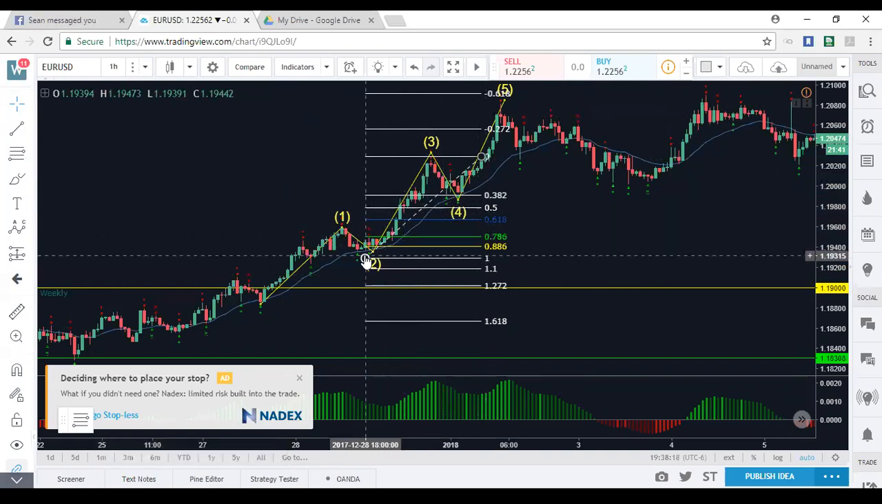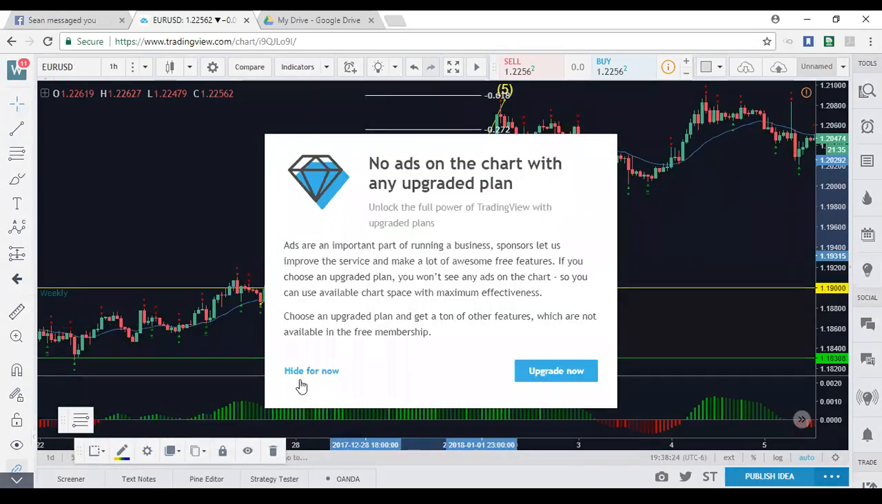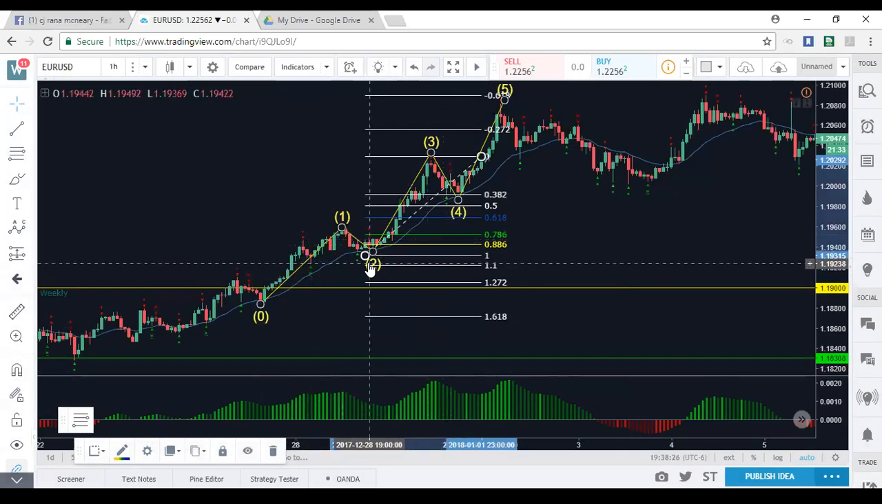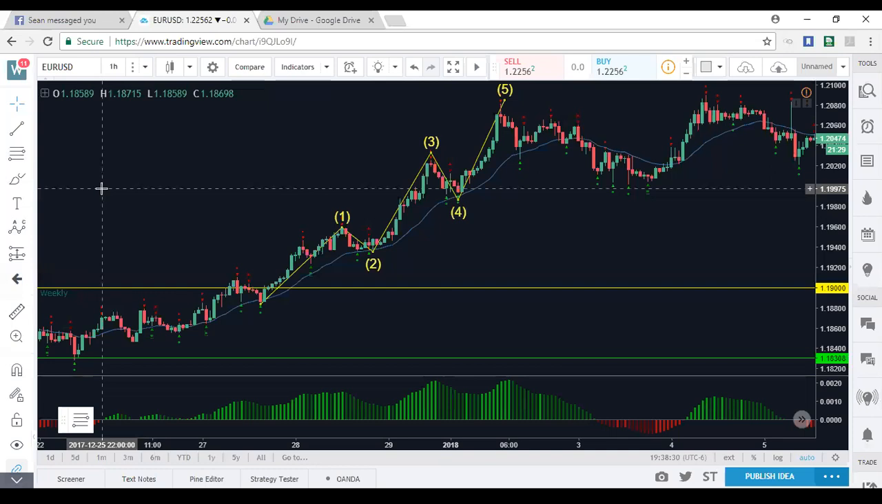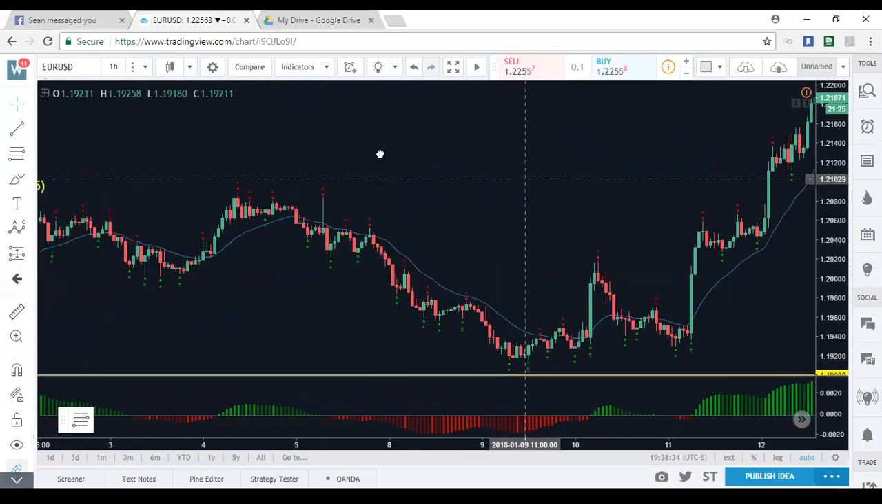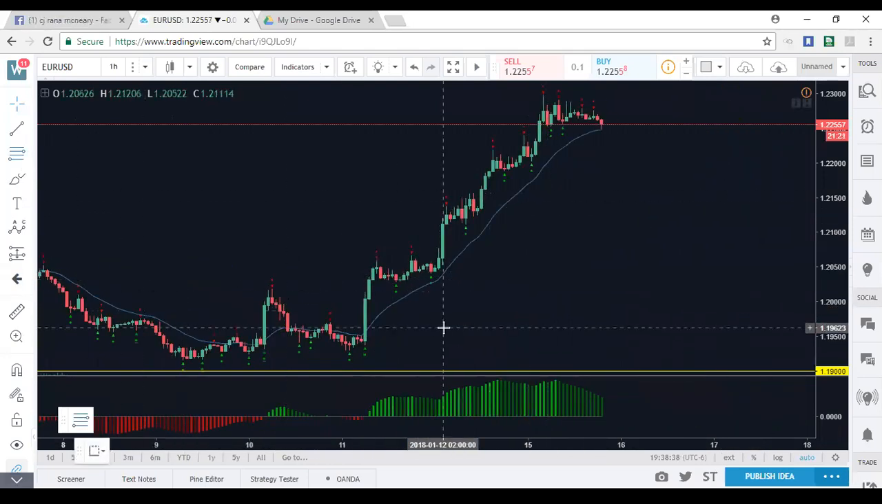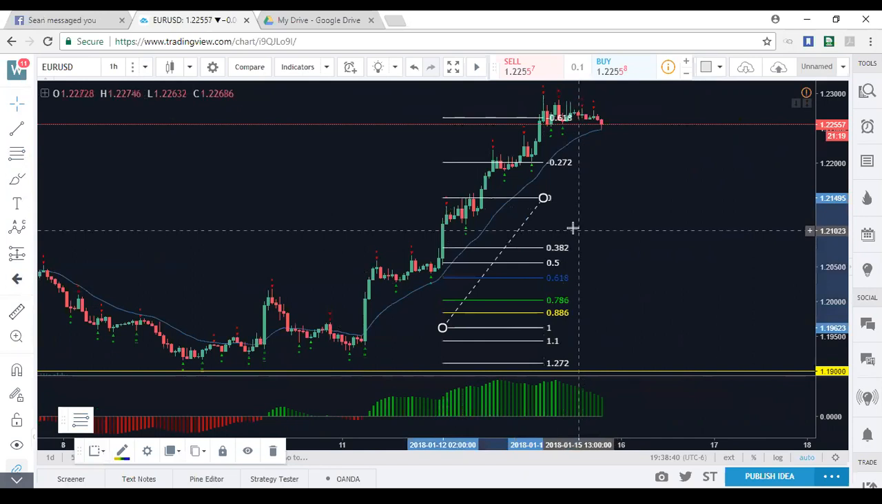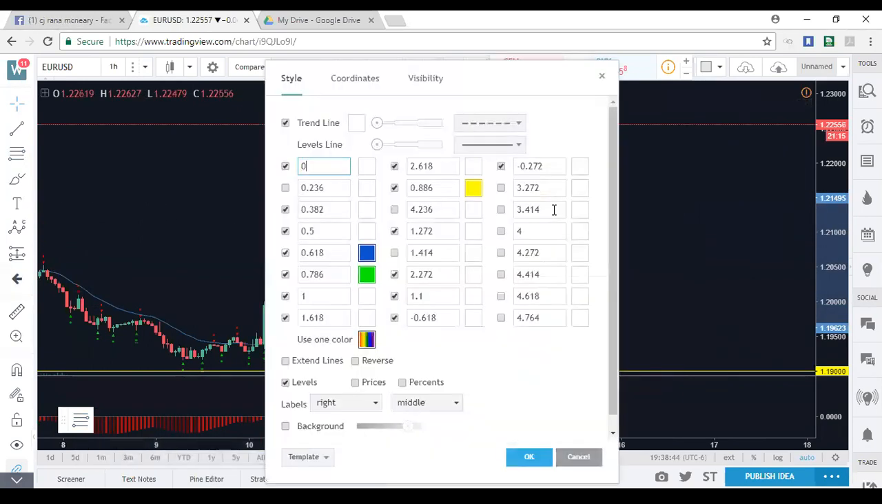Let's see. So what we're going to do now is set up your all's Fibonacci tool. So what you want to do when you're setting up your Fibonacci tool to add the custom ratios that we use, of course, just draw Fibonacci on your chart. Double click on it, right click on it, go to format,